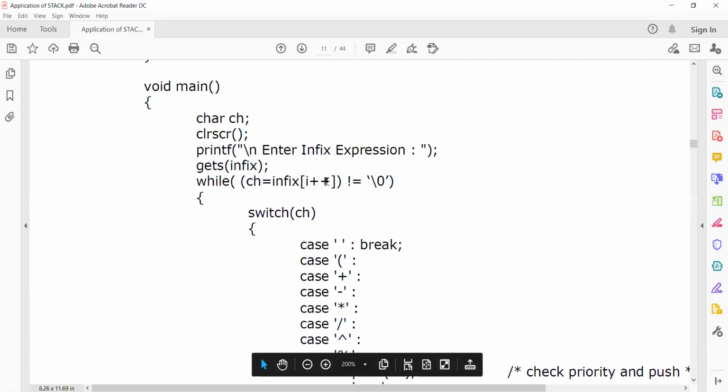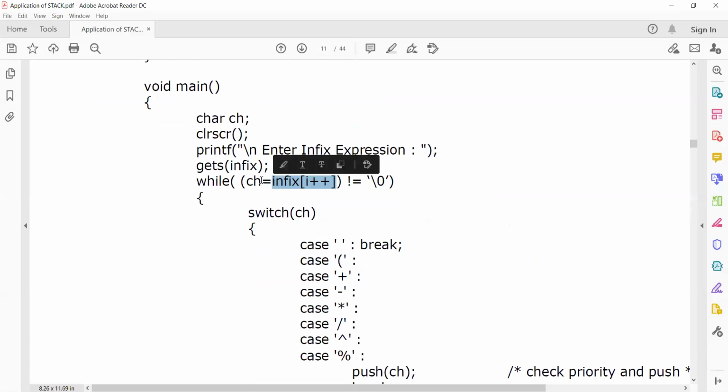Keep in mind, this is the one we are taking first. What is the value for this x? x is assigned to the character. Now you are checking, this whole thing is nothing but x. We check x not equal to null, that is, whether it is the end of the string or not. If you keep on scanning the elements, at one stage you will reach the end of the string, where there won't be any other element. So in that case I have to check the null value.